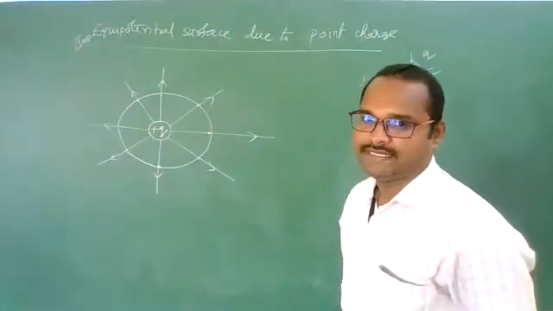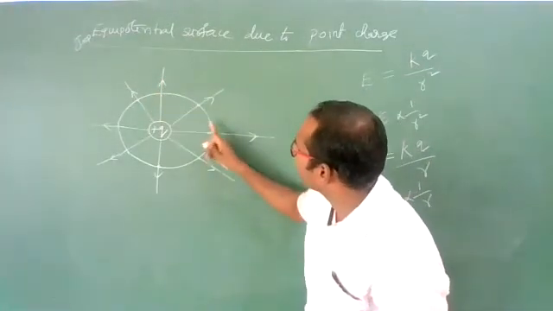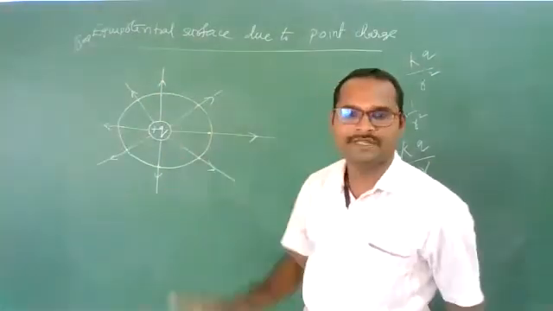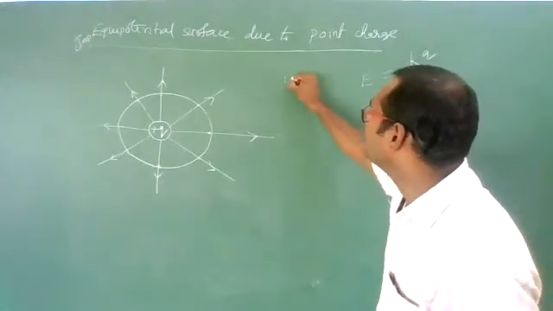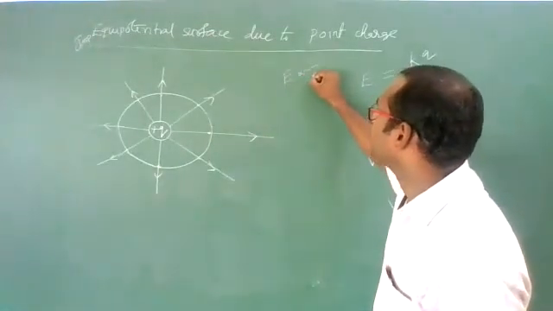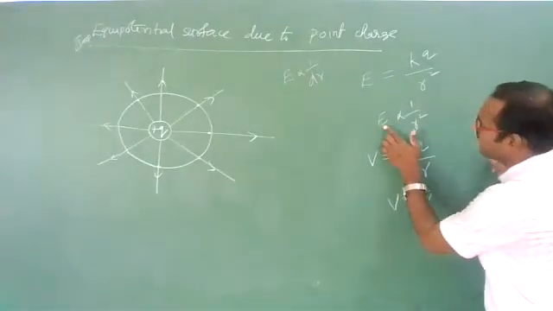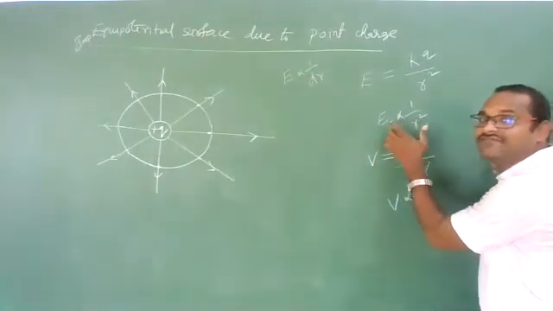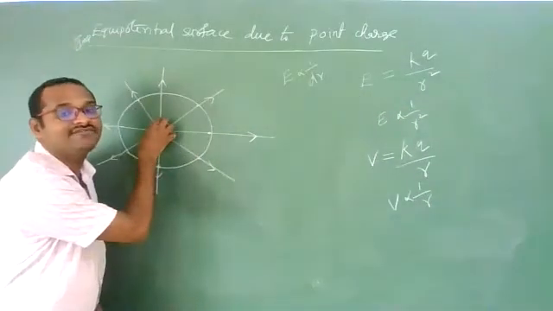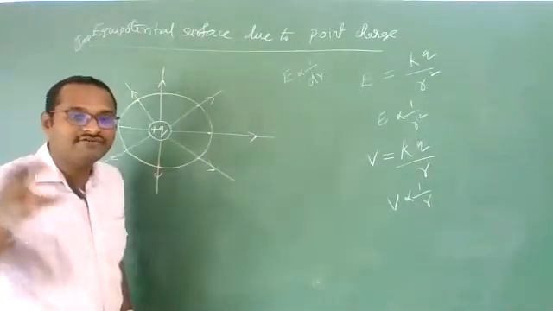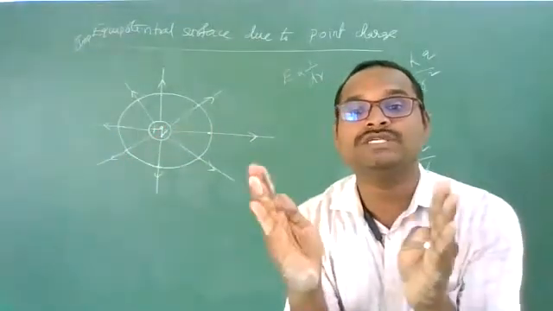Clear? And for any surface, electric field lines are perpendicular. This point is also covered. Next, one more point, the strength of electric field: E is proportional to 1 by dr. Just now I told you that as you move away, electric field strength decreases. Near the positive charge, electric field strength is more. If electric field strength is more, then equipotential surfaces should be closer to each other.